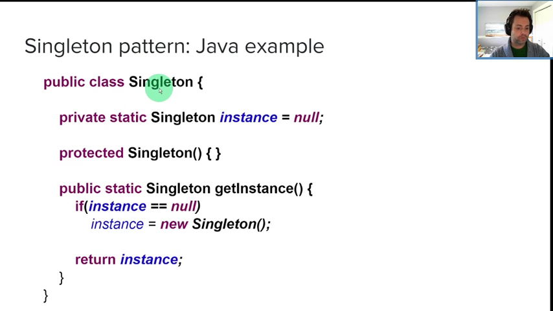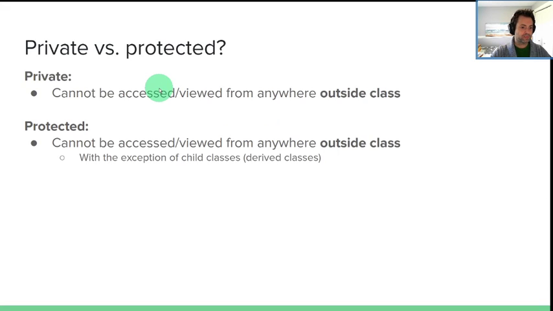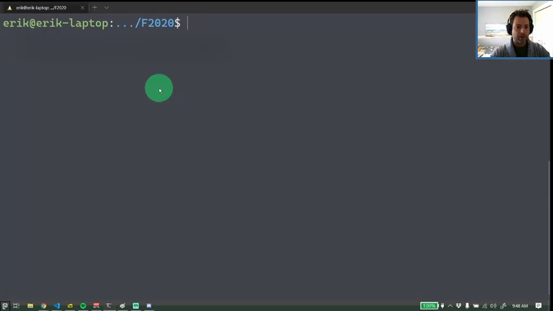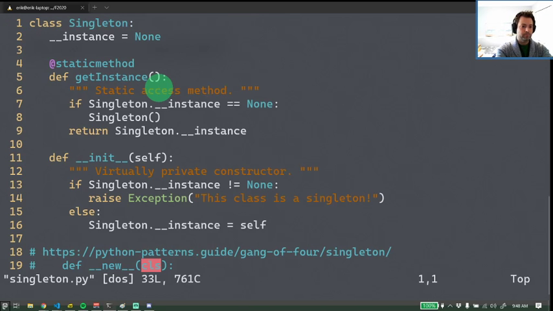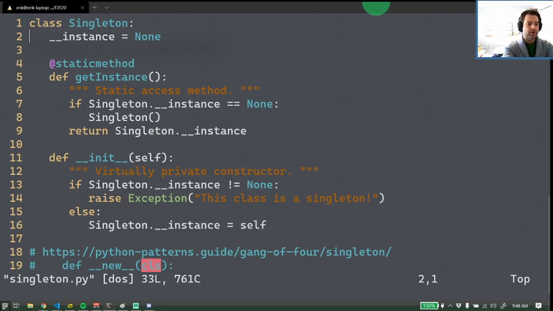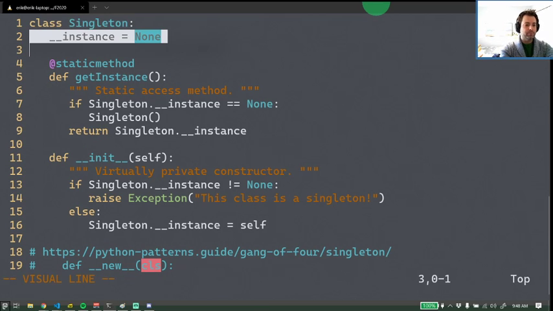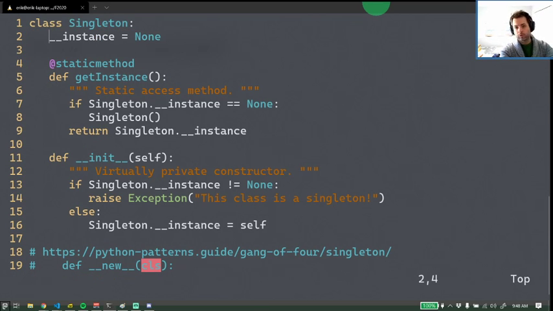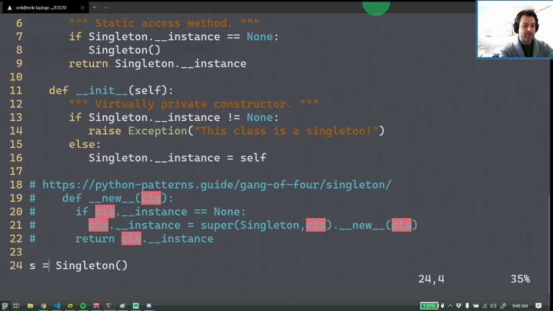Let me show you the example in Python because I want to spend some time talking about this next time, private and protected. But let's take a peek at Python. Okay, so here we have some Python code, and this is basically the Pythonic way of writing that Java class that I just showed you. So in Python, we can have classes. Here's my instance, and it's double underscore to pretend that it's private. Here's a call to get instance. We have an initialization function,